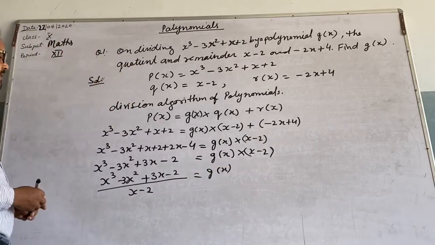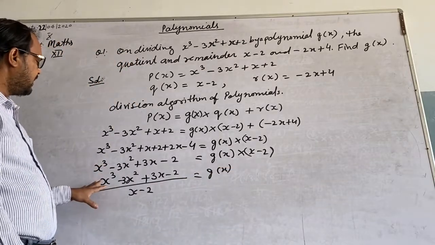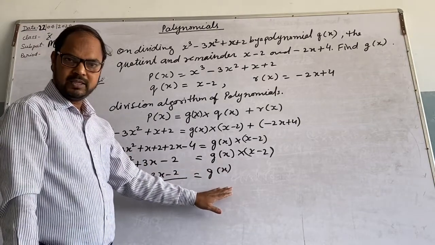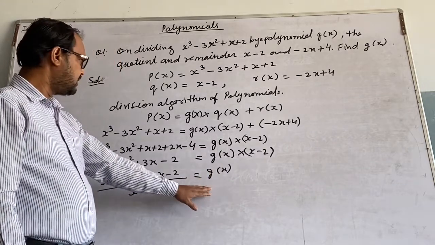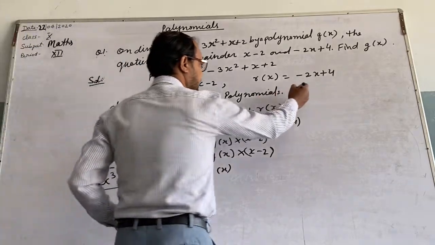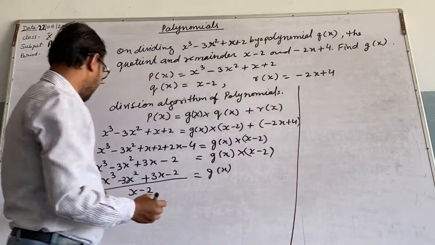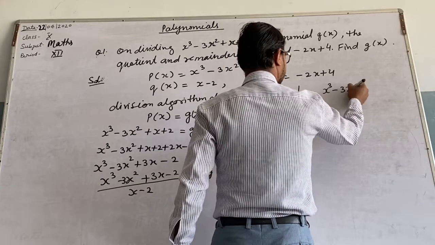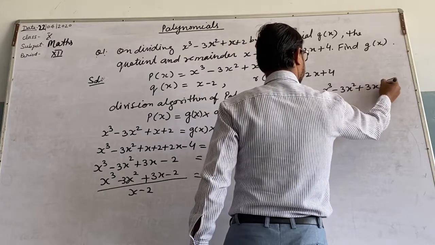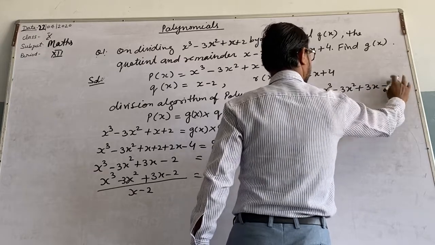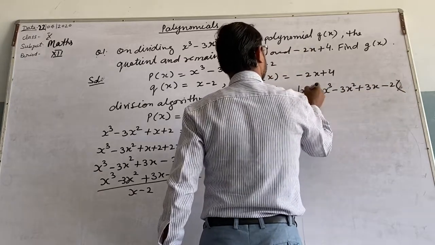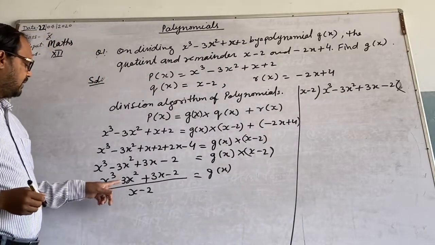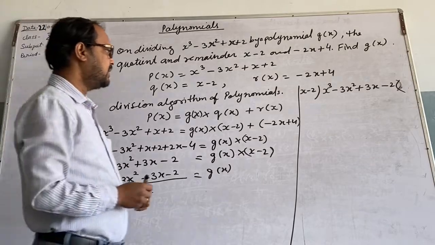What do we observe here? We observe that when we divide this by x minus 2, we can get g(x). Right? Now divide it. So we will try to divide x cube minus 3x square plus 3x minus 2 by x minus 2. Right? This divided by x minus 2 will give you...